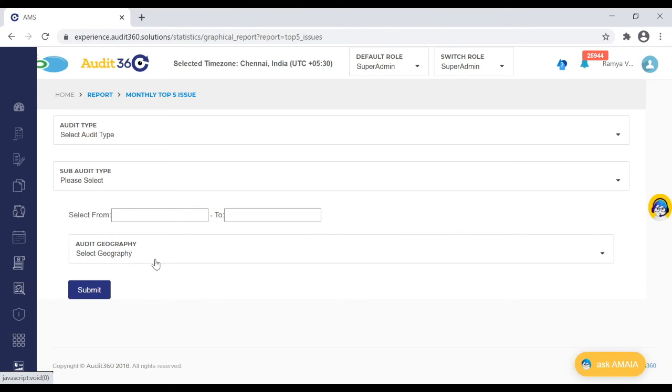And another question is, can raw data be downloaded for further analysis? That is possible. If it is about the issues, it is possible from the consolidated issue report here, or the data at whatever level is required can be downloaded from the dashboard as well.